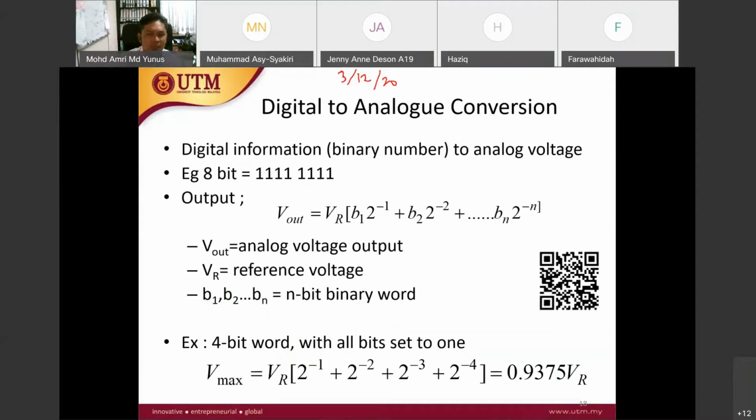So the analog digital converter can also be used as a digital to analog converter. There are basically two devices that convert either from analog voltage to digital, or digital input into analog. Okay, so basically this equation, as you can see,